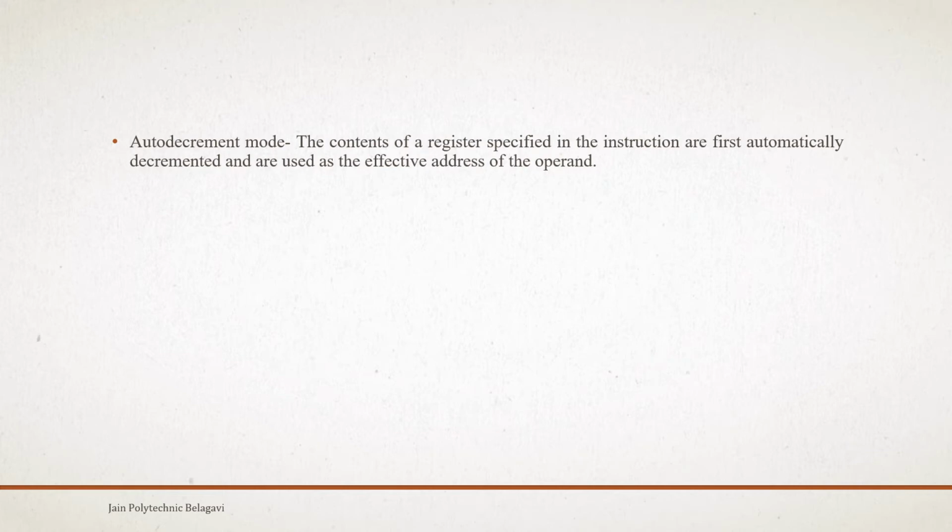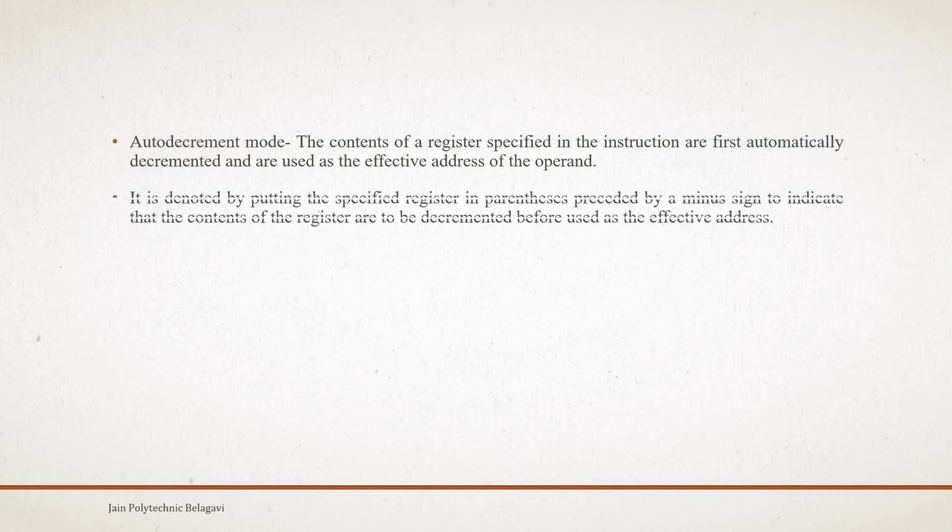Now we'll go to the second additional mode, the auto decrement mode. Here the contents of the register specified in the instruction are first automatically decremented and then used as the effective address of the operand. So this is the reverse process of auto increment mode. In auto increment mode, first we find the effective address of the operand, then we increment. But here, first it automatically decrements the register contents, and then it is used to find the effective